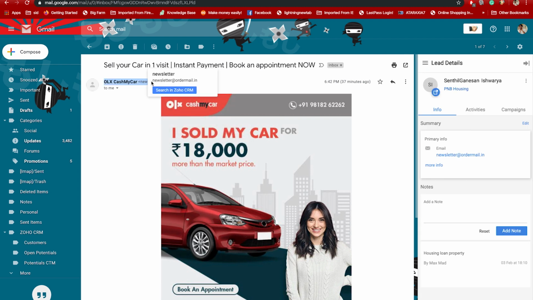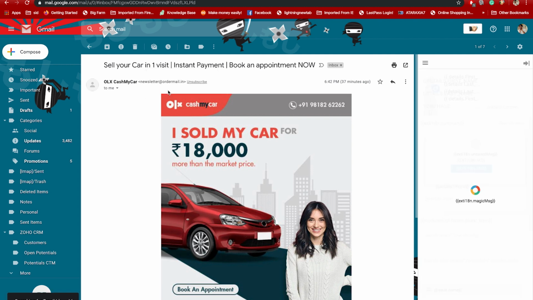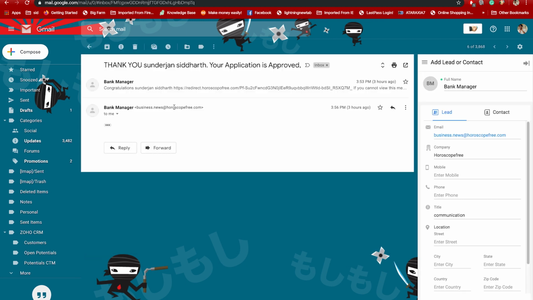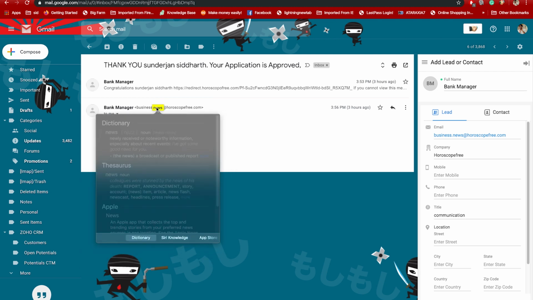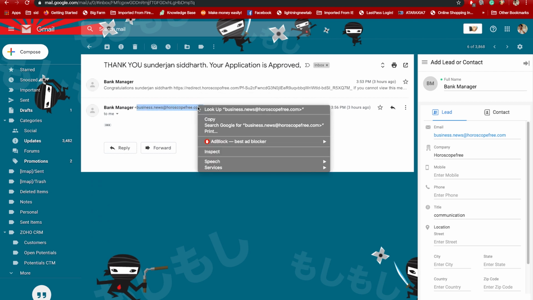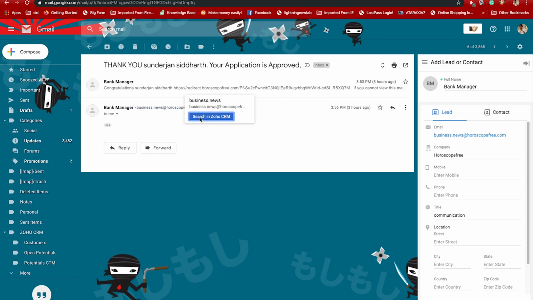I'm gonna search for this in CRM. Yeah, let's go with this one. So you just click on this email address right here. So search in Zoho CRM.